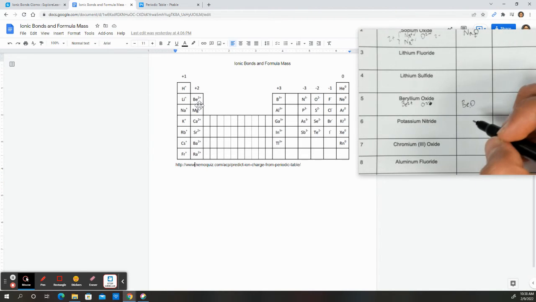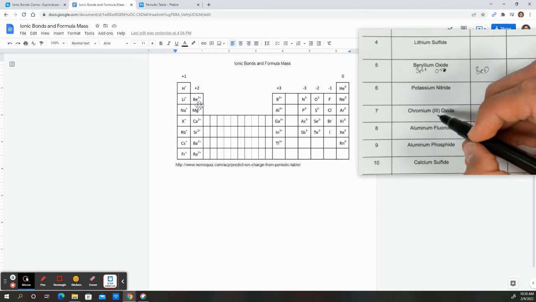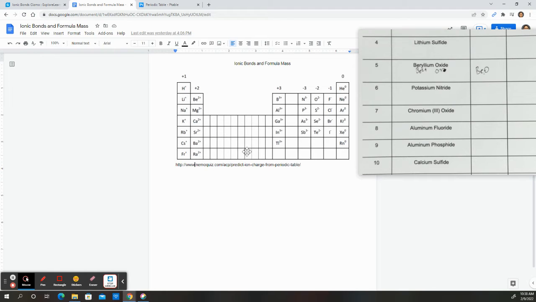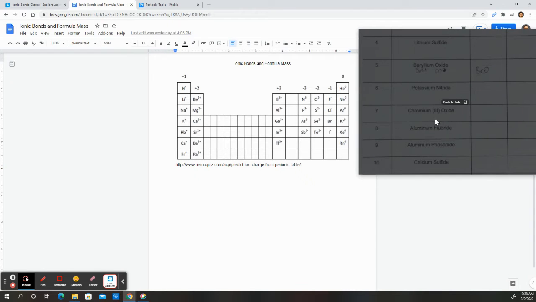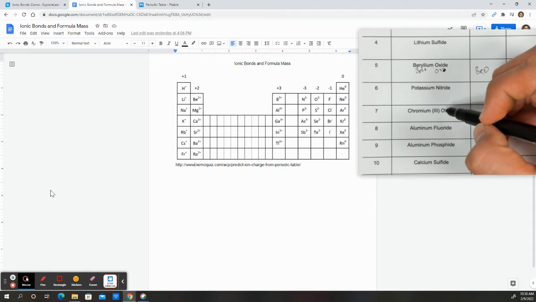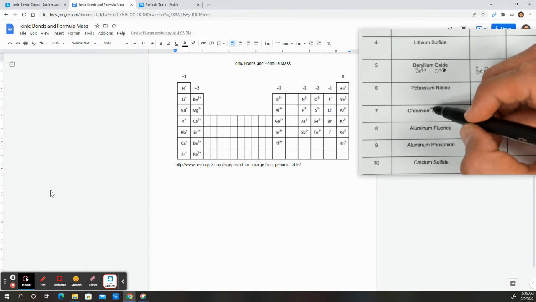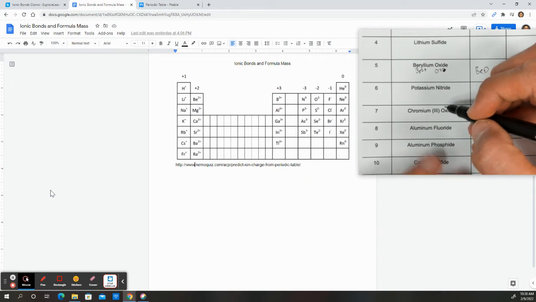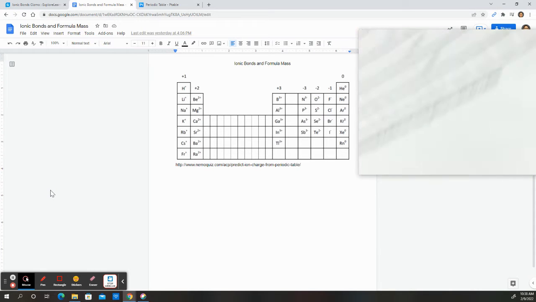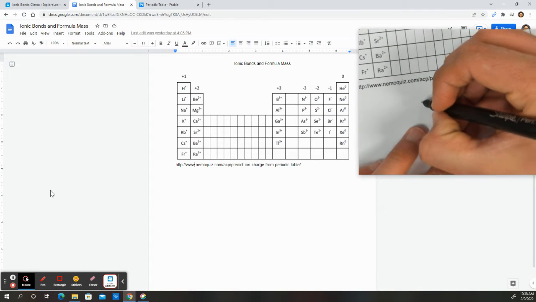All right, let's try this one. Chromium oxide. Chromium is somewhere in this center area here, and it has a different type of oxidation, meaning that its charge varies for its stability, but right now it is in its chromium 3 form, so it is going to be a cation that has a charge of 3 plus. So let's try this out right here. Actually, I'm going to go to the back side. So chromium 3 plus, oh my bad,